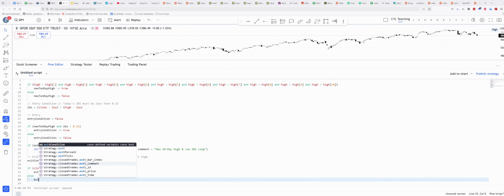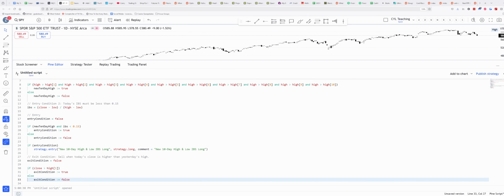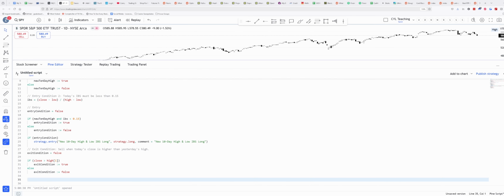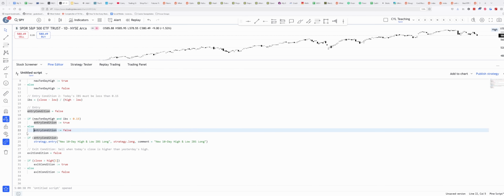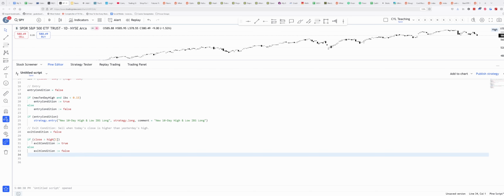Otherwise, exit condition equals false. Some of you may notice I don't have an else block on this if statement on line 24. That's just because there's nothing to do. If this entry condition is true, we take an entry. If it's false, we don't do anything. There's no reason to put an else block if you're not going to do anything, right? You wouldn't put else and then just have a blank line of indented code. That's not necessary. So really, if it's true, we do something, and if it's not true, we don't do anything. So if our exit condition is true,